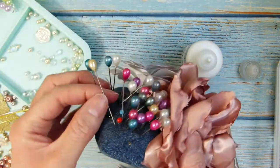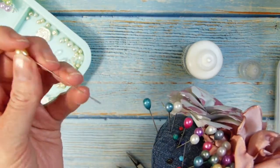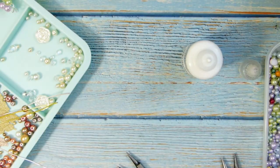Now I was just saying that I used to make pins, embellished pins, but I stopped using them because I didn't like the idea of somebody hurting themselves with the pins, and that's where I got the idea from, so I thought I'd use the Y with the little loops on instead. And I've used up some cheap pearl